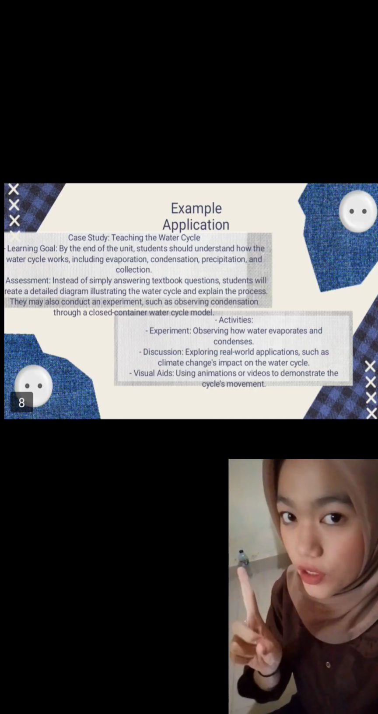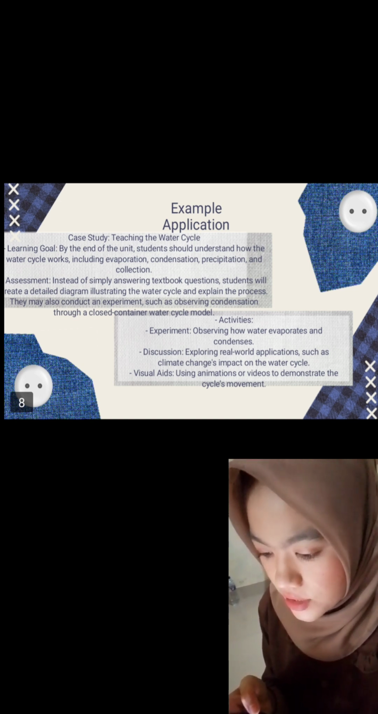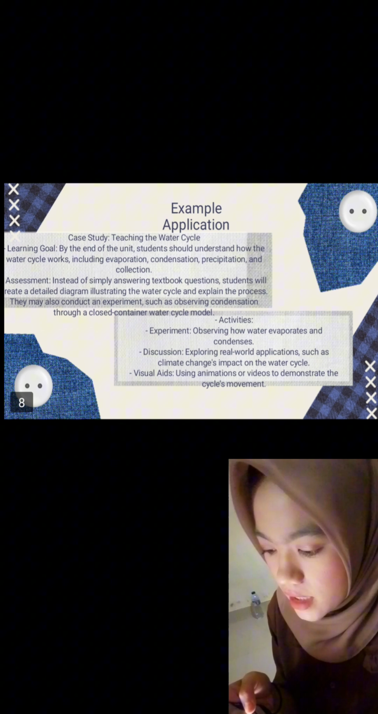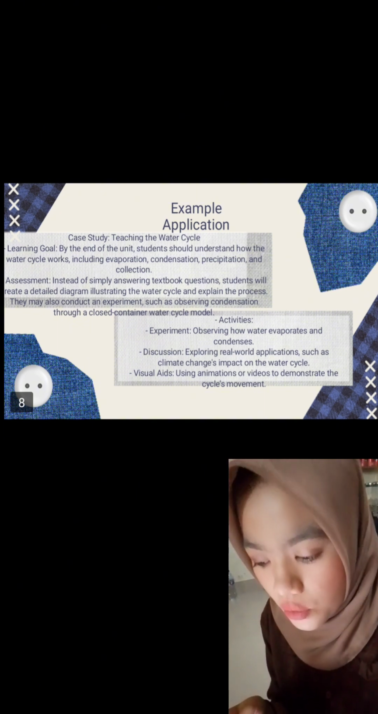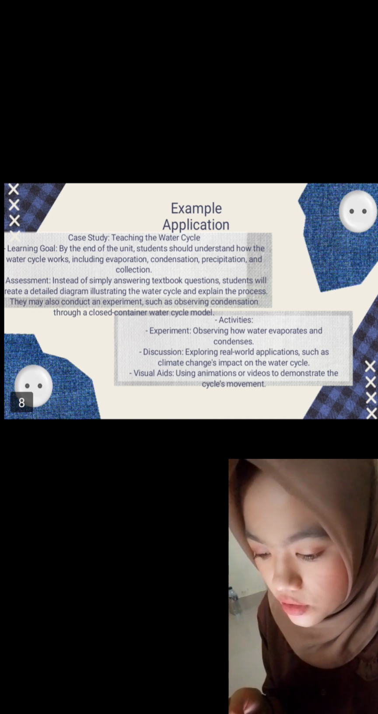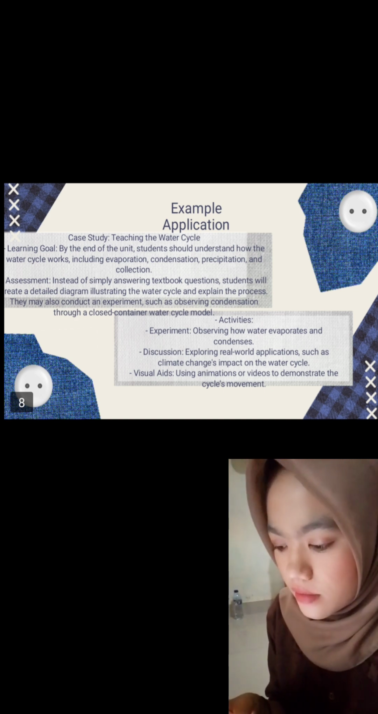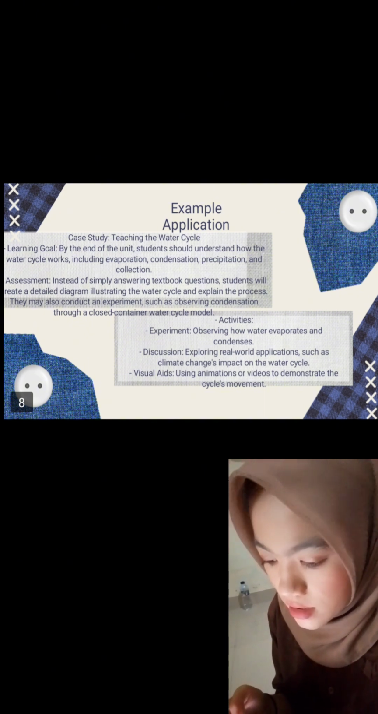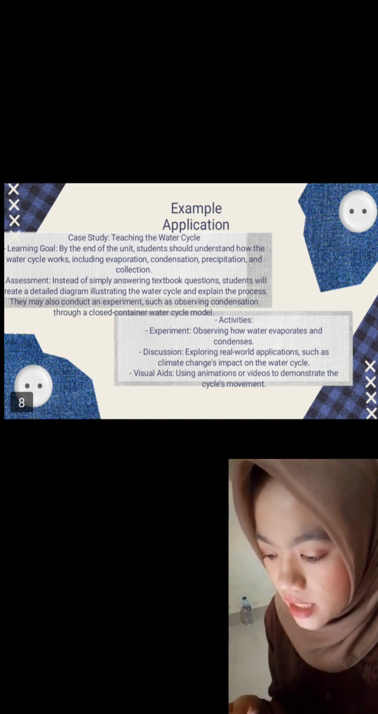Next is slide 4, the example of backward design. So the case study, teaching the water cycle. Learning goal: by the end of the unit, students should understand how the water cycle works, including evaporation, condensation, precipitation, and collection. And assessment: instead of simply answering textbook questions, students will create a detailed